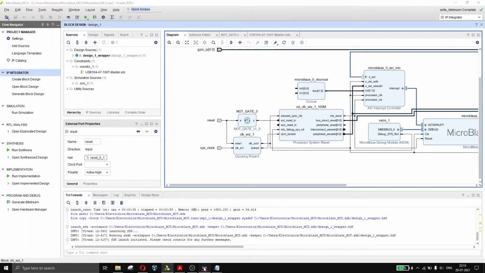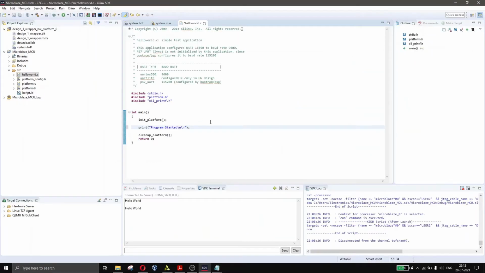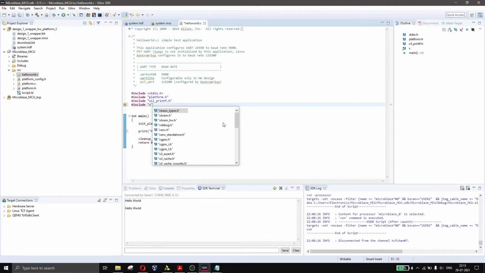And then we'll interface the push button and the LED. So we'll need to include some libraries here. So hash include, we need the xgpio library. If you have some trouble in searching, you can press Ctrl plus Shift and it will show all the available libraries.